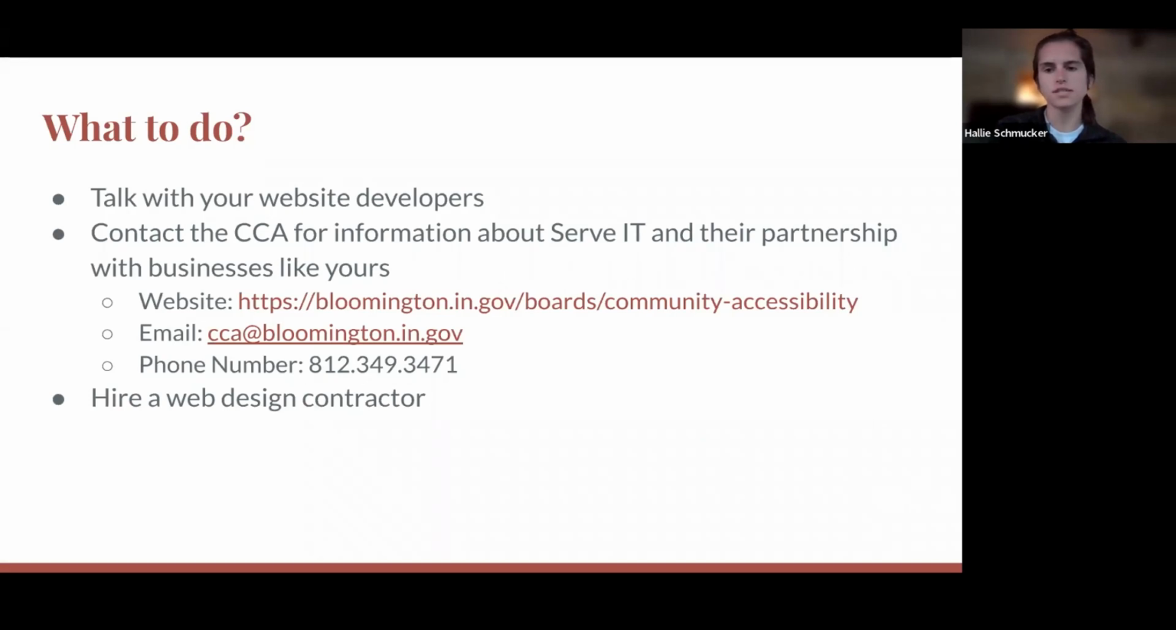The website for the CCA is bloomington.in.gov/boards/community-accessibility. Their email is cca@bloomington.in.gov, and their phone number is 812-349-3471. Thirdly, if you don't have a website developer in your business or any IT professional who works with websites,